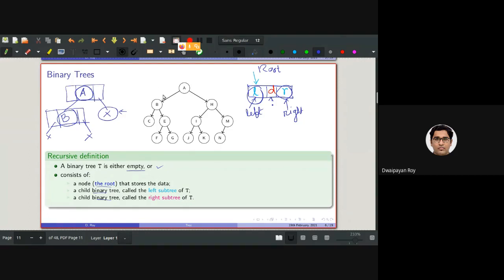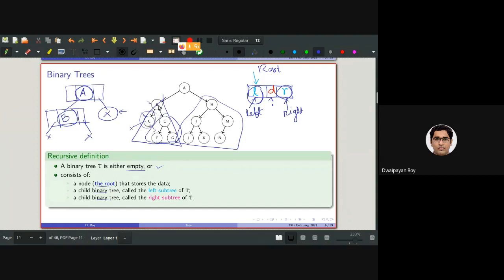So let's just draw a line. And this is the right subtree. In this right subtree, which will again be a binary tree, as it is a recursive definition, we'll be considering this as the new root. And the left child will be again a binary tree, the right child will again be a binary tree. Then again we consider this as the root, the left child which is null, the right child of C which is again null. So this is the binary tree.